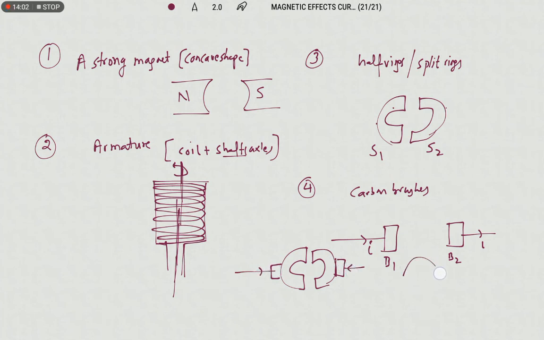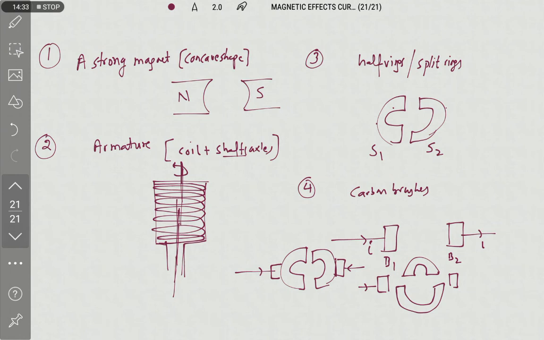So when the orientation of the split rings is like this, there is a gap between carbon brushes and the split rings. That's why there is no flow of the current into the coil. So this is the making and breaking of the circuit with the help of the carbon brushes as well as the split rings. Now we will add all these four essential parts to design